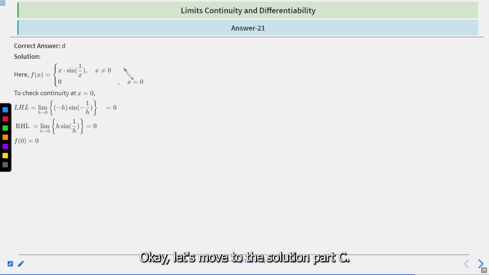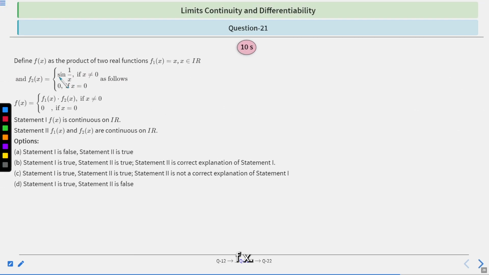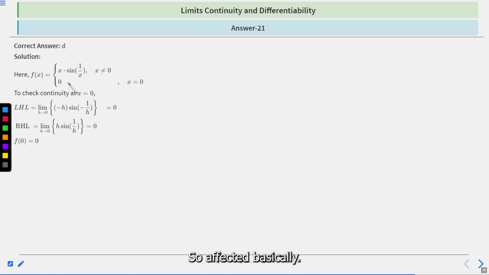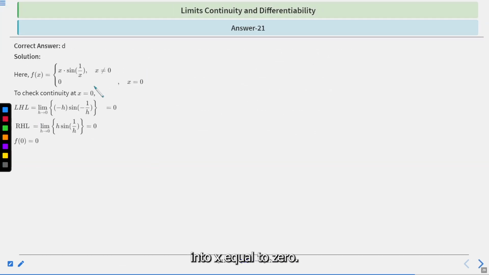Okay, let's move to the solution part. See, f(x) is basically x sin(1/x). f(x) is the product of two real functions f1(x) and f2(x). So f(x) is basically f1(x) into f2(x) if x not equal to 0, and 0 if x equal to 0. So f(x) is x into sin(1/x) if x not equal to 0, and 0 if x equal to 0. Clear? So to check continuity at x equal to 0, left hand limit,